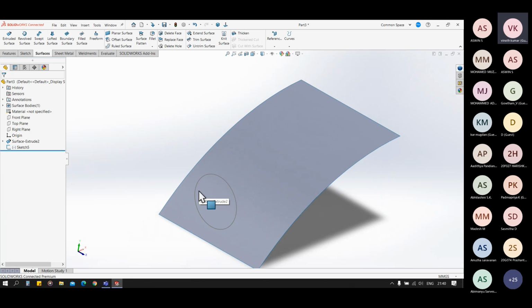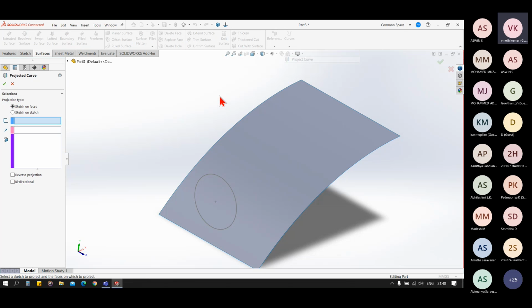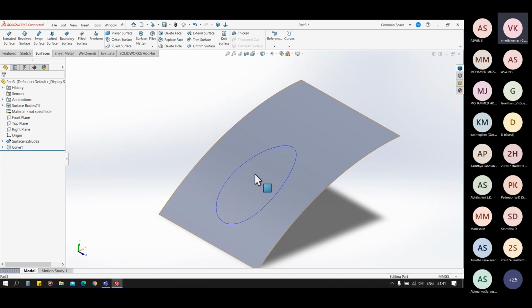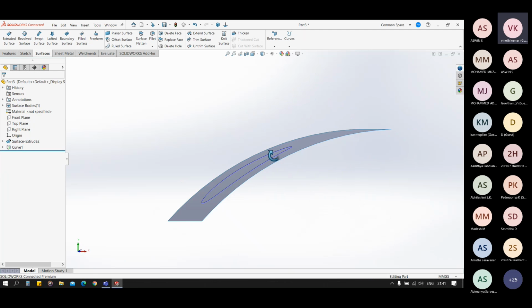Now suppose I want this circle to be projected on this face, on this surface. So I have the project curve option. In that project curve option, I have two options, that is sketch on faces and sketch on sketch. So we'll see both one by one. Currently we are seeing sketch on face. We have to select a sketch to project and the face. And you can see it has projected a circle on a face, on a surface.